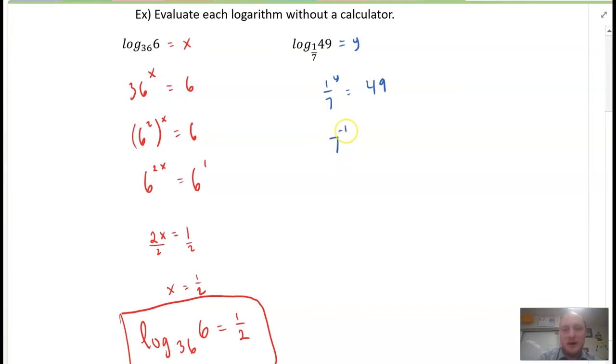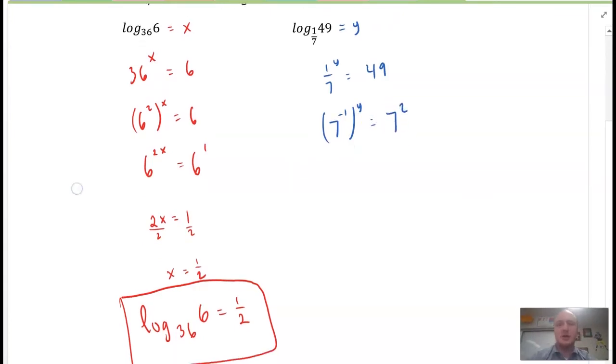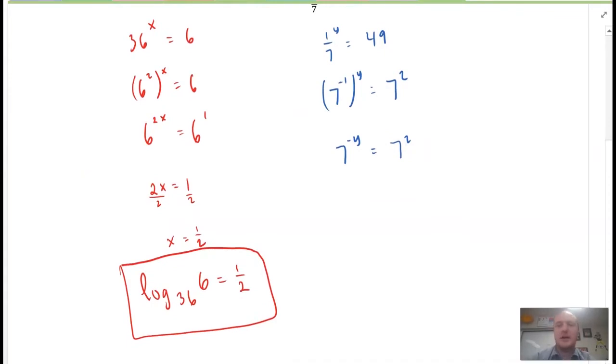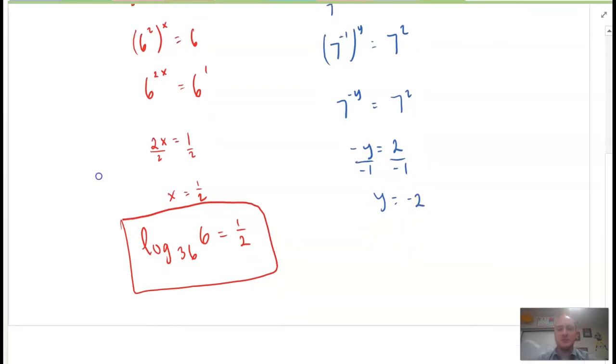So we have 7 to the power of -1, to the power of y, is equal to 7 squared. Okay, so now I'll use the power of a power property, which says 7 to the power of -y is equal to 7 squared. And then I'm going to use the exponential property of equality. -y is equal to 2. So if we divide both sides by -1, we know y is equal to -2,